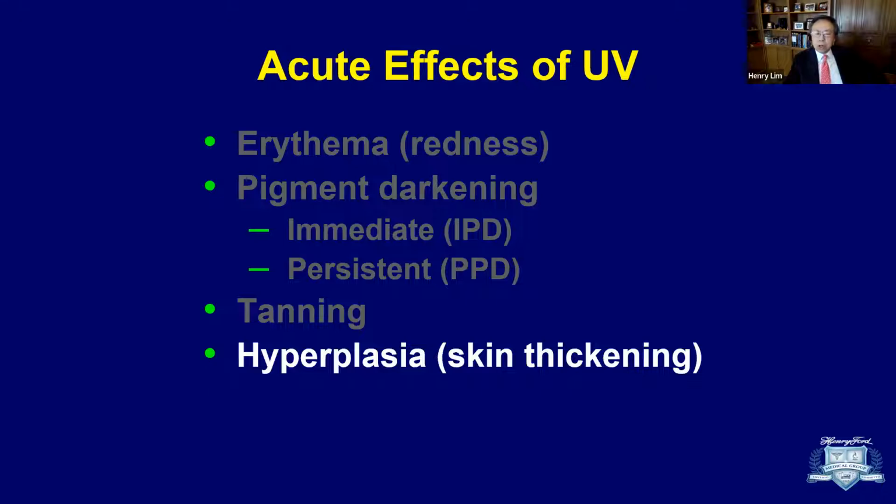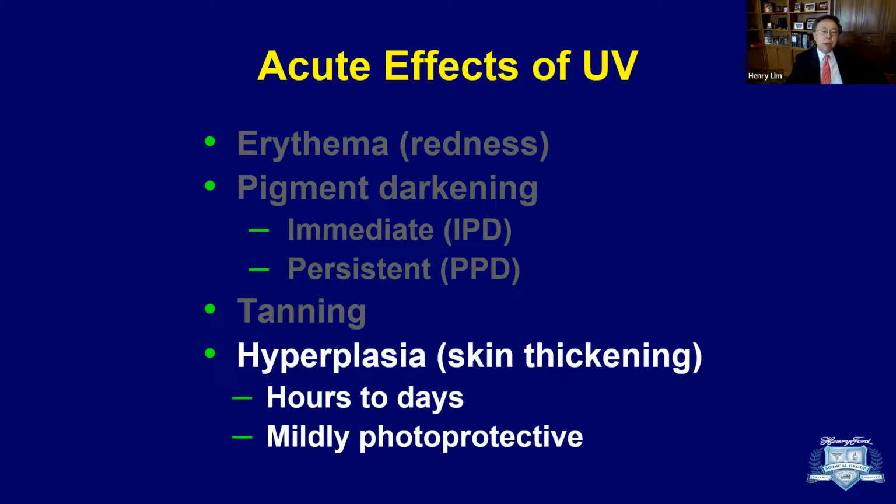The other part that is not as noticeable, but I'll show you a picture of it to illustrate this, is thickening of the skin. Because if you look at an area that has been exposed to sun repeatedly, a lot of the time the skin is rougher and thicker, and this is because of what we call hyperplasia, or skin thickening. And this occurs usually within hours to days. In the beginning, it could be subtle, but with repeated exposure, it would become quite noticeable. And again, this is a protective mechanism of our skin because thickening of the skin would result in